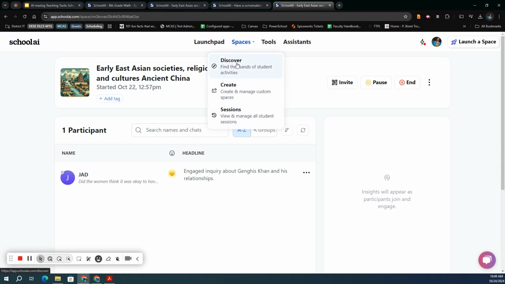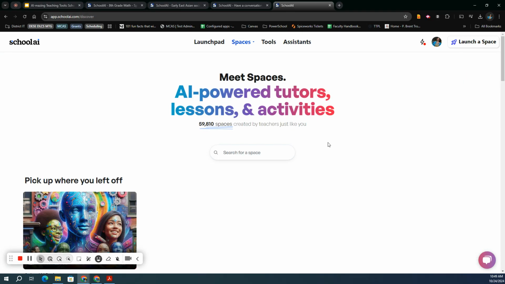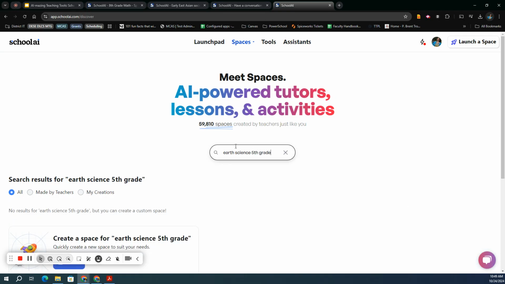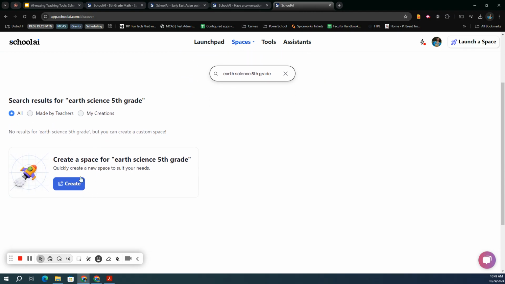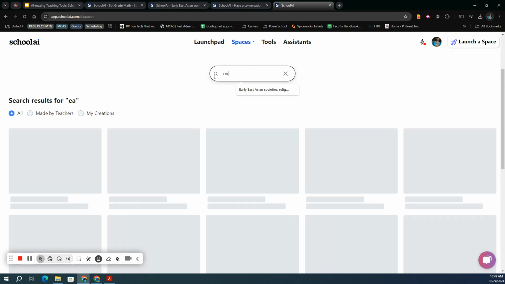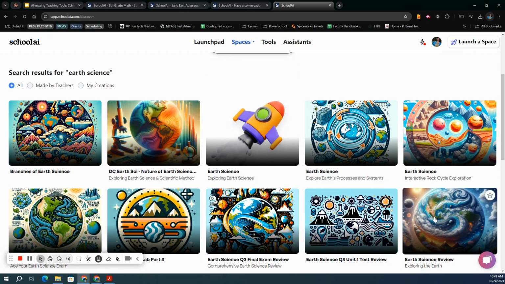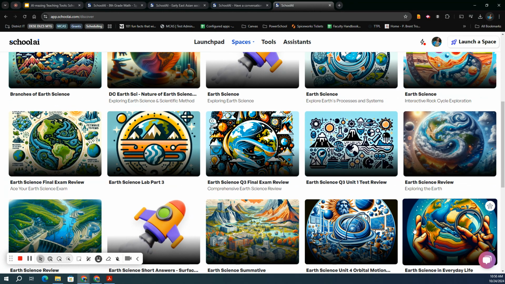When I click on spaces and I click on discover, there are so many spaces already in place, you really don't need to build anything. But if you are teaching about earth science right now, maybe 5th grade, you enter in earth science 5th grade, and you can search and see, are there any results? Right now there are no results. Maybe I need to be more specific with my prompt. Maybe I need to do just straight up earth science and take a look and see. But here's lots of earth science spaces already in existence,